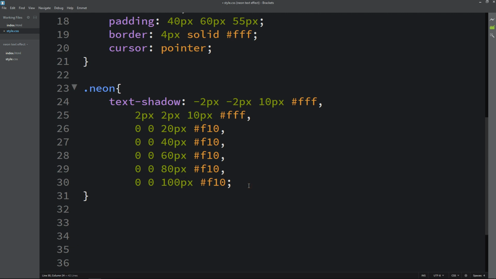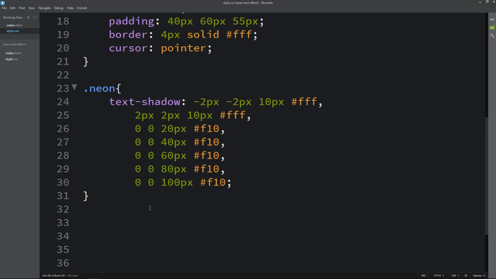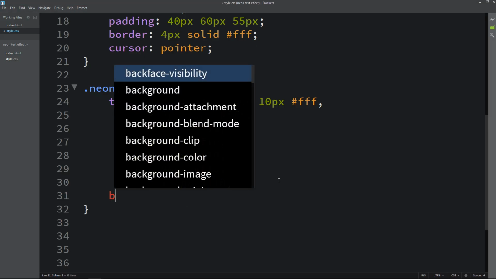After adding these multiple text shadows, let's refresh the web page, and you can see the text shadow over here. Next we have to add the shadow for the complete box.